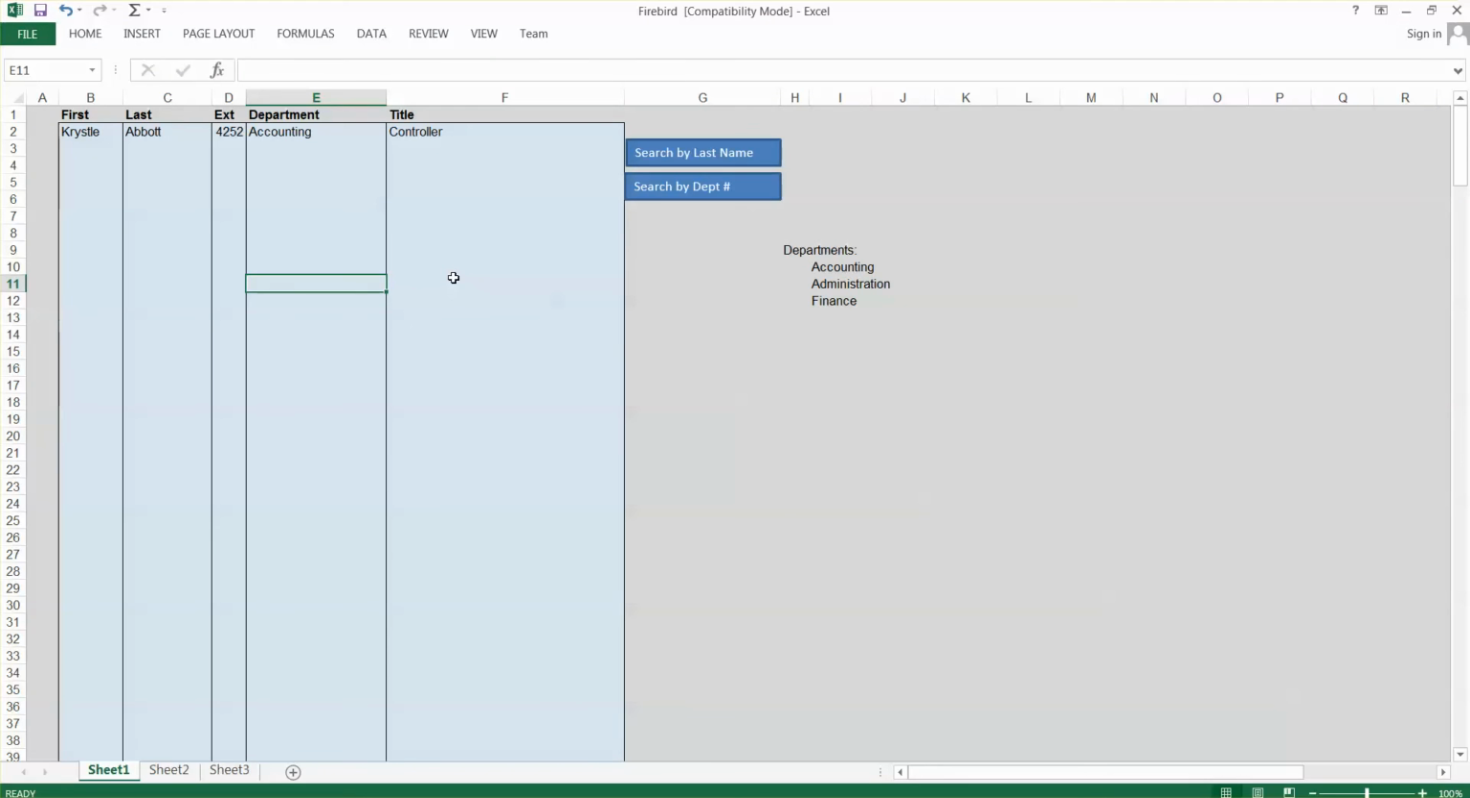So what this will look like in Excel when we're done is simply a spreadsheet that is going to pull this data back. And we can search by last name, we can search by department to retrieve the data here. So what this is going to look like,